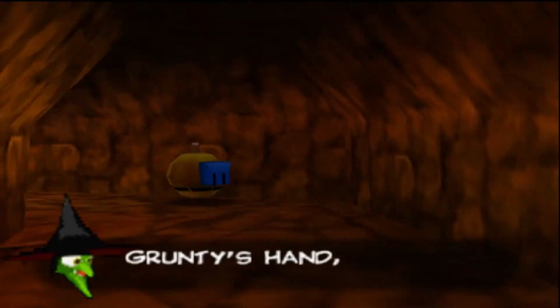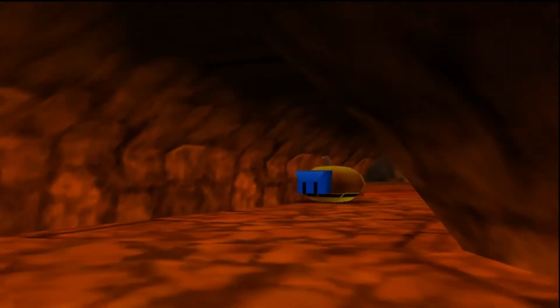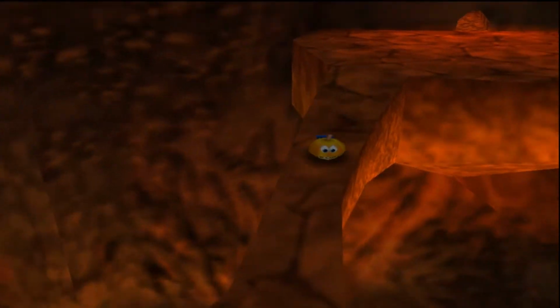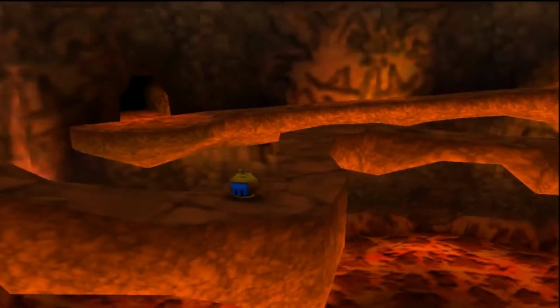When the back of Gruntilda's hand whomps your butt, you'll hardly stand. Wait, what? Maybe I read that wrong. Anyway, after that, you can make your way to Treasure Trove Cove and input the new cheat code that you've gotten. So why don't we...